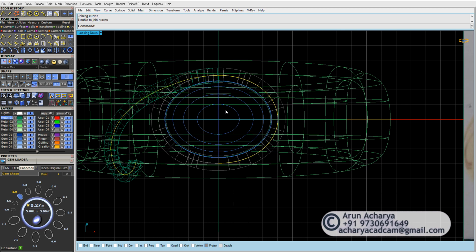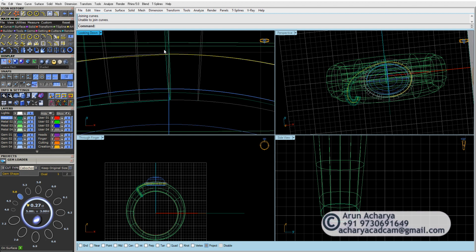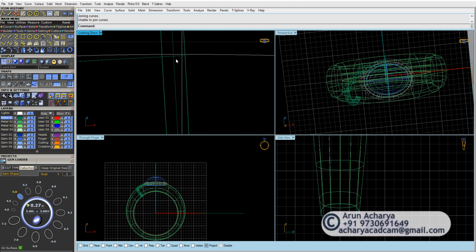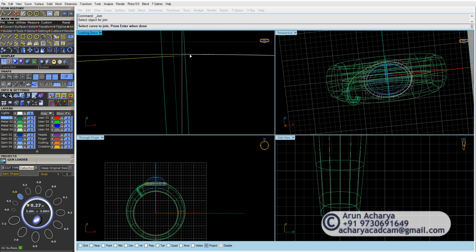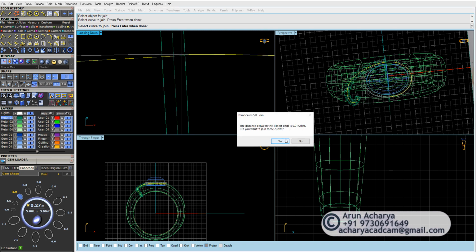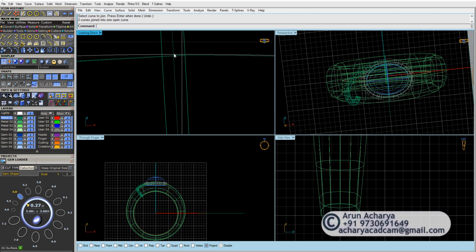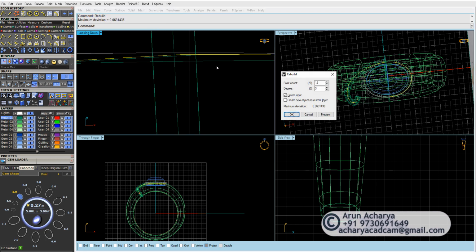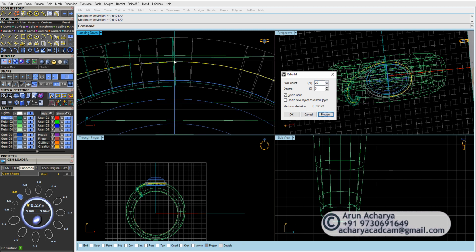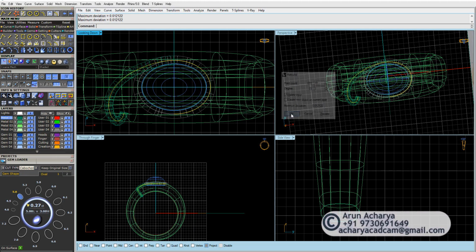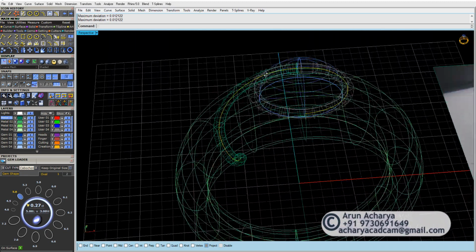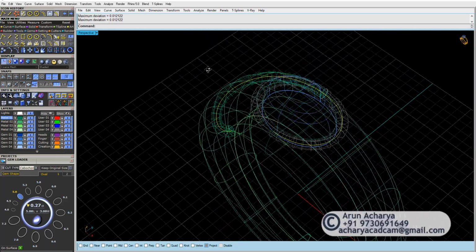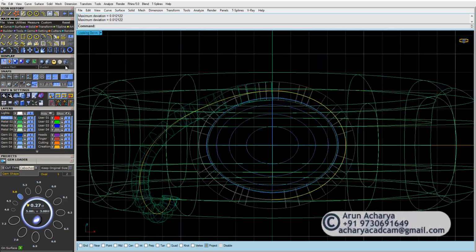Join it. Okay, it says unable to join, so we have to zoom in and see where exactly we have an issue. So there's a distance here, there's a gap here, and now it's fixed. So once you fix this, you can rebuild this,